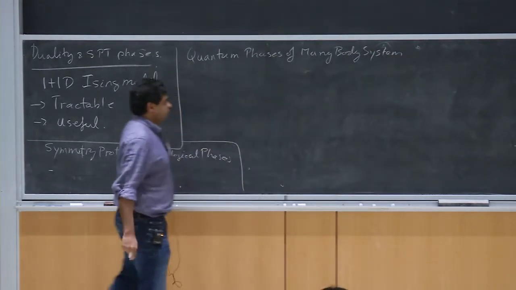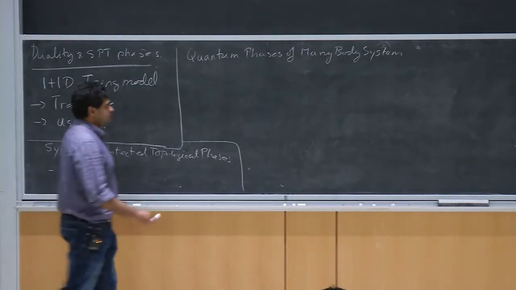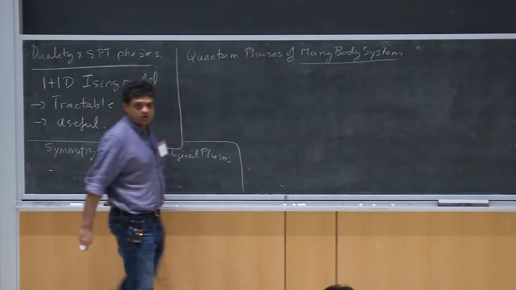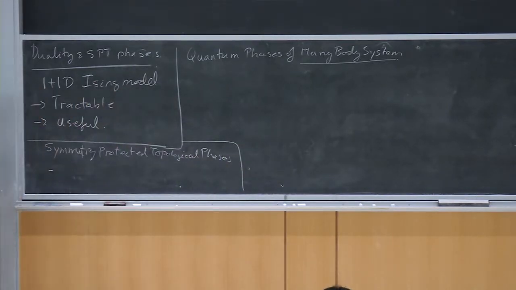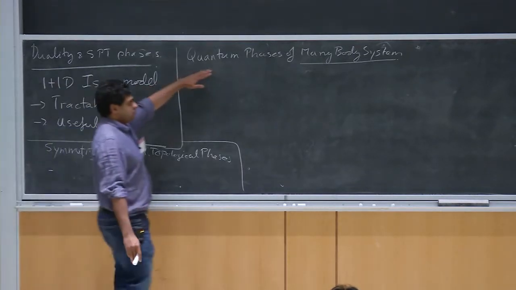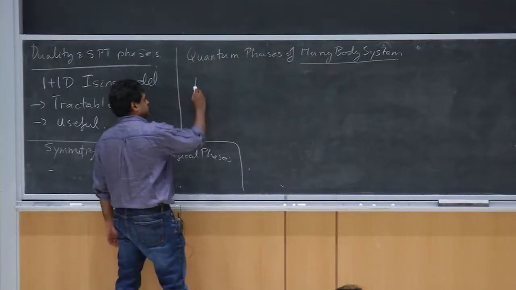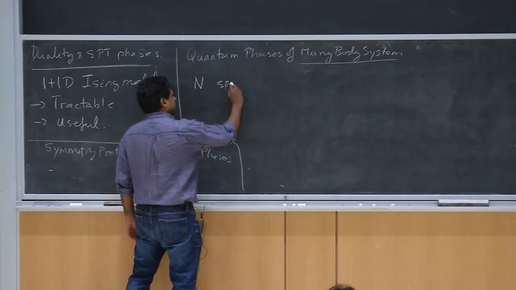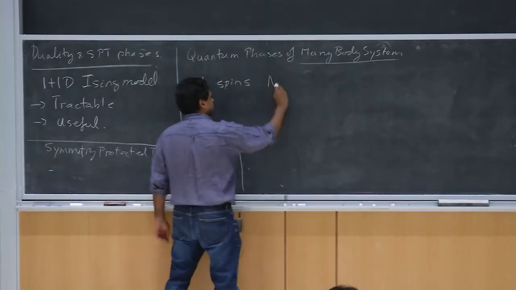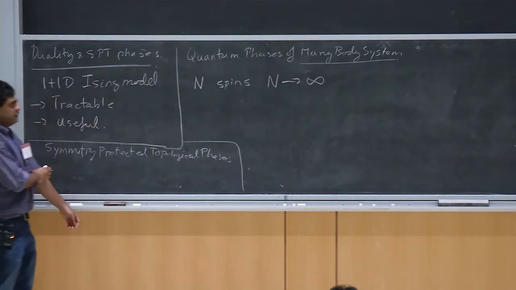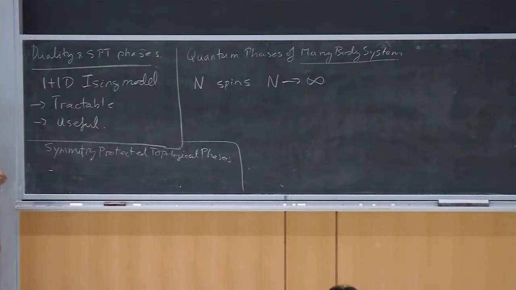So it's going to be very important that you have many particles. And this is really the way in which all of this physics differs from the kind of physics you study in your undergraduate quantum mechanics. Quantum mechanics will play a role, but it's the combination of quantum mechanics and the fact that you have many particles. So for example, you can have some n spins or n fermions, n electrons, and we're interested in the limit of n going to infinity. And that's really where all the interesting distinctions are going to arise.